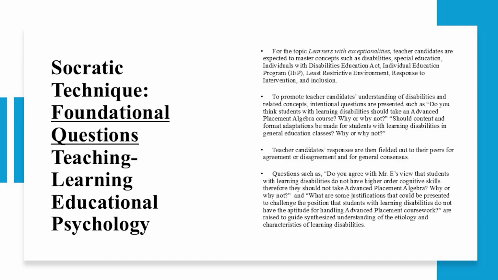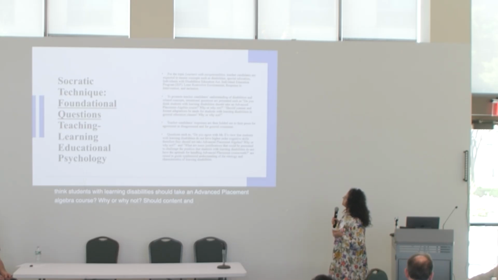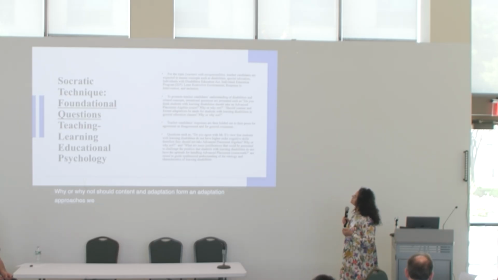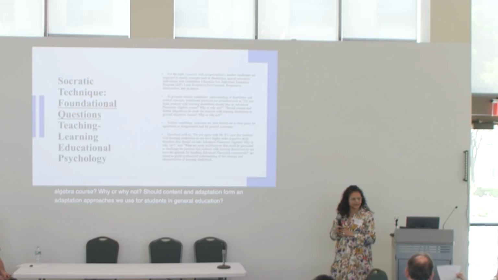Here are some examples from my class about how they are provided inductive questions. For this topic, which is on students with exceptionalities, they have to learn about least restricted environment, response to intervention, inclusion. So the prompts they are given is, do you think students with learning disabilities should take an advanced placement algebra course? Why or why not? Should content and format adaptation approaches be used for students in general education? Why or why not? And then they get a vignette,